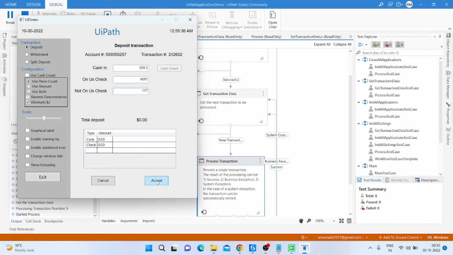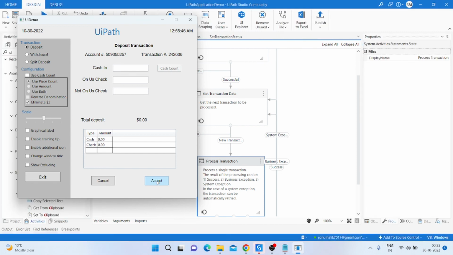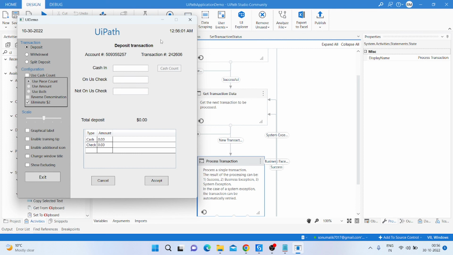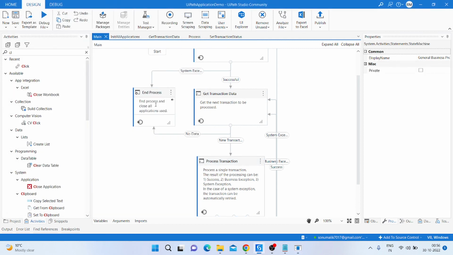So that is today's agenda: how can we use the ReFramework to make a simple project using the UI demo application and enter the case in, on us check and not on us check. So you can see our process is complete successfully, but you can see our application is still open, so we need to